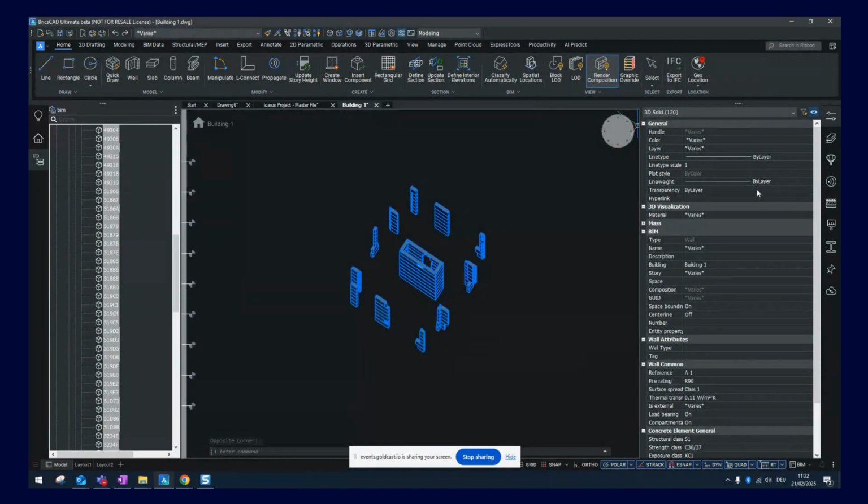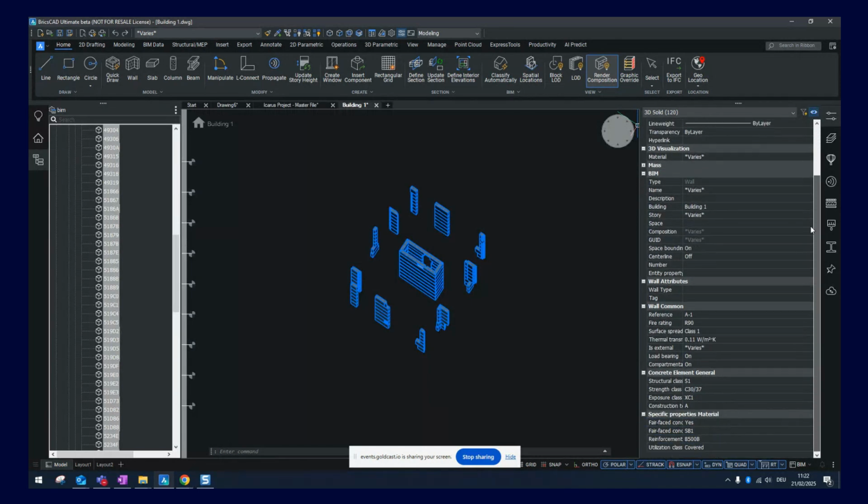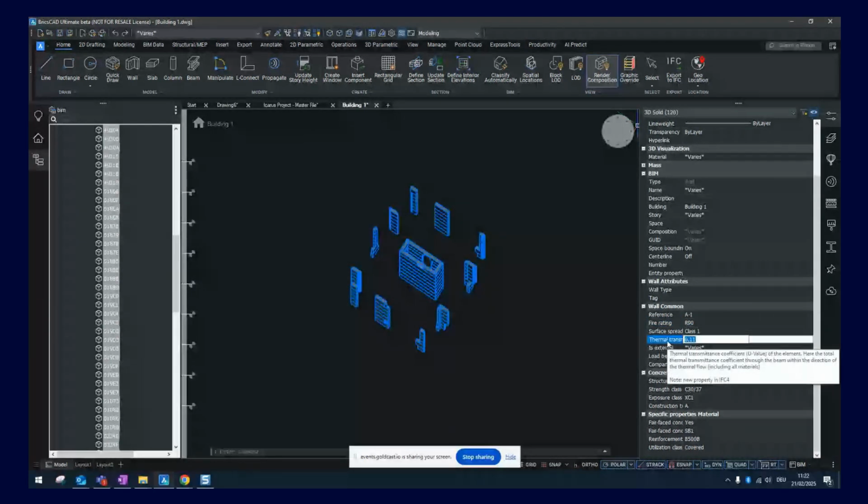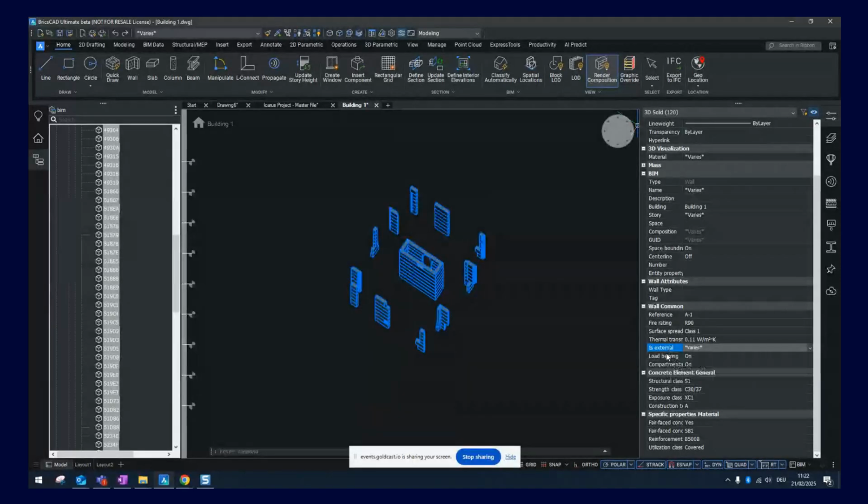And on the right side, on the properties panel, we will scroll all the way down. And in those 3 register cards on the bottom, we will find the appropriate properties. So what do we have? We have a fire rating, a thermal transmittance coefficient, if the wall is an external wall or not, its load bearing, and the bottom side includes some